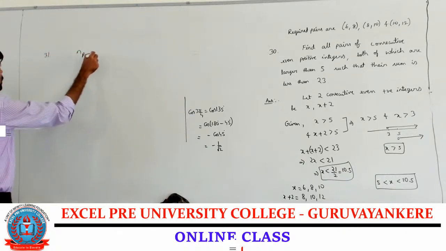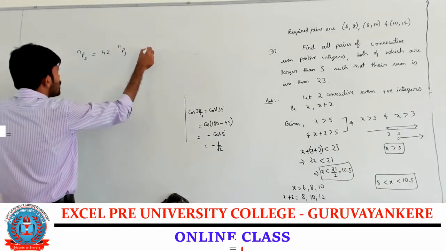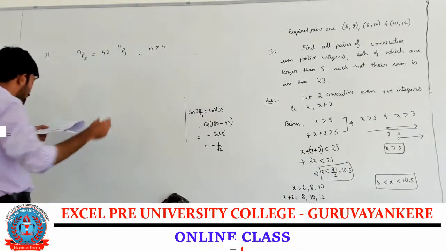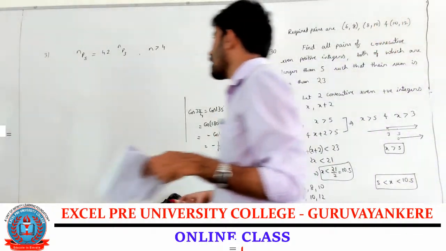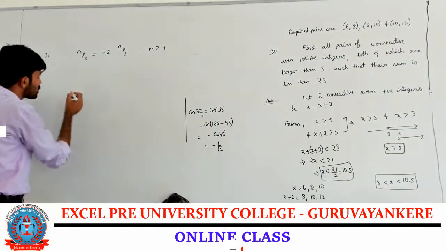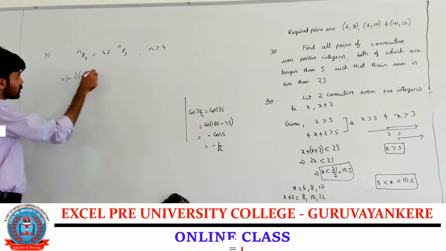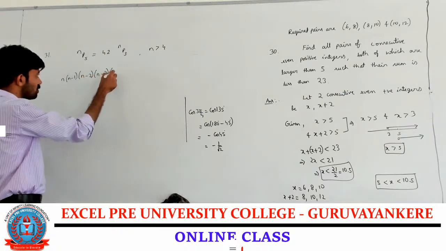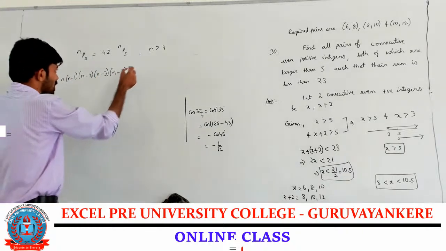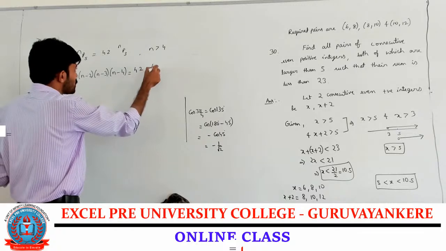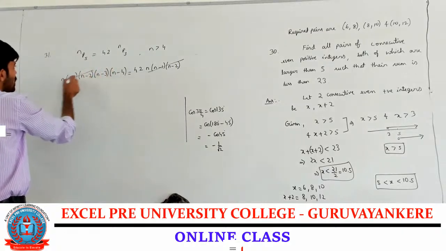Given that nP5 is equal to 42 into nP3, n is greater than 4. Find the value of n. Problem on permutation nPr. nP5 is n into n minus 1, n minus 2, n minus 3, n minus 4. Correct? 5 factors going backward. 42 times nP3 is n into n minus 1, n minus 2, so n into n minus 1, n minus 2